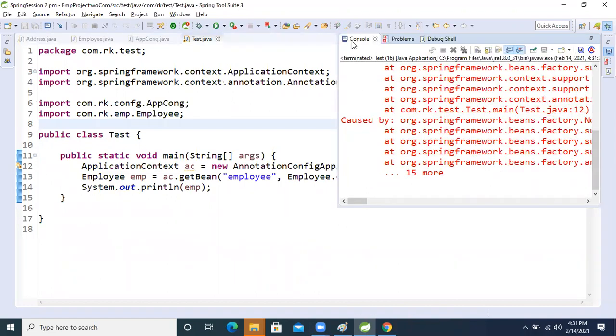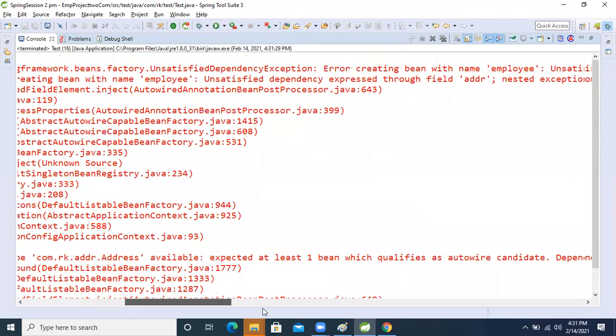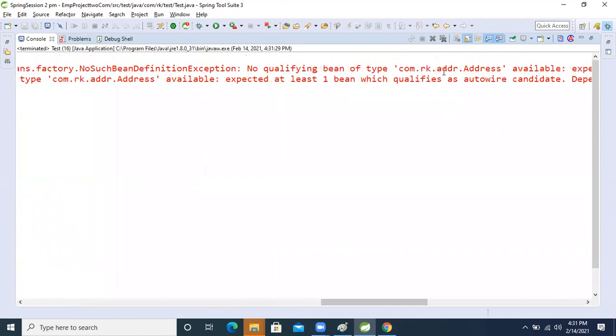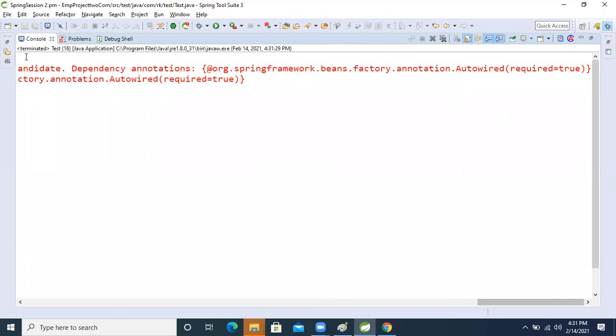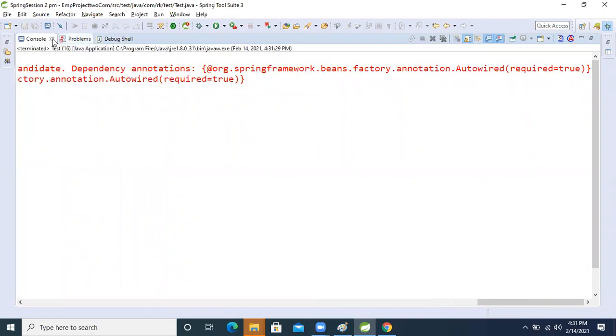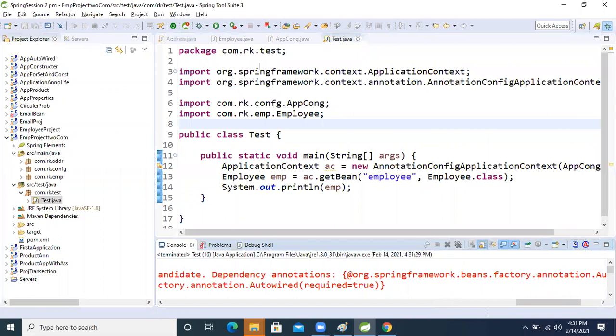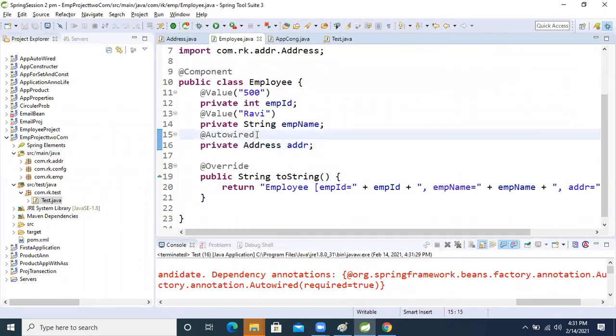See, we are getting the exception, which means our IOC container is not creating the object. The exception says com.rk address is not available. If you don't want this much exception and want null instead, what I explained yesterday: in @Autowired, the required parameter, make it false.